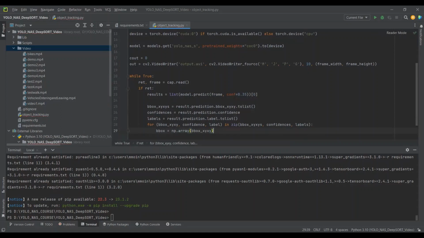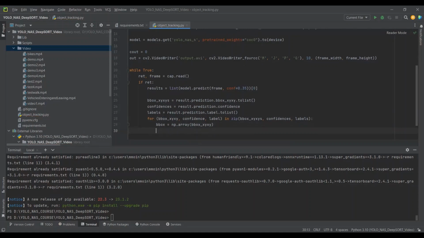And here I will just write this. So now we will be just calculating the coordinates. For each of the bounding box, we have 4 values or 4 coordinates: x1, y1, x2, and y2. x1, y1 represent the top left corner of the bounding box, and x2, y2 represent the bottom right corner